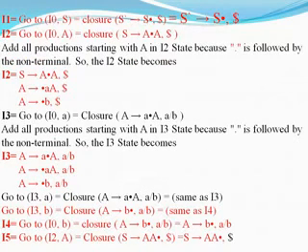Capital S dash tends to S, and I have kept the dollar symbol. So capital S dash tends to S dot. The reason is that I have moved that dot symbol one position forward. Like that you have to move your dot forward one position at a time until you reach the final input. However many characters there are in your grammar, you keep on moving up to that. So the I1 state is completed.